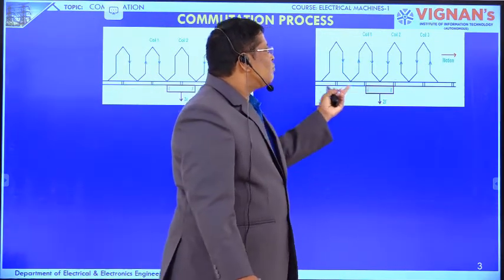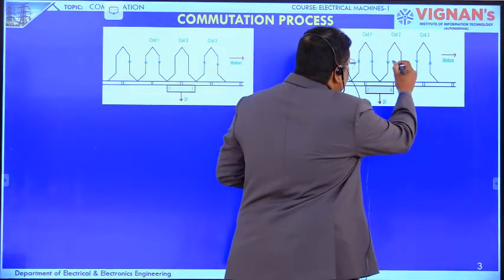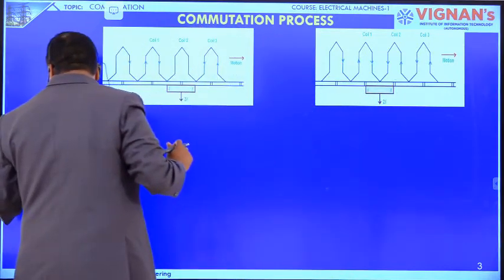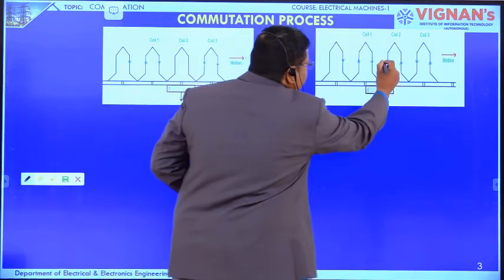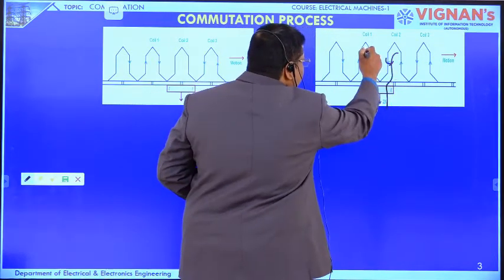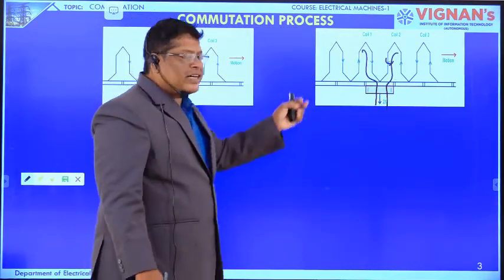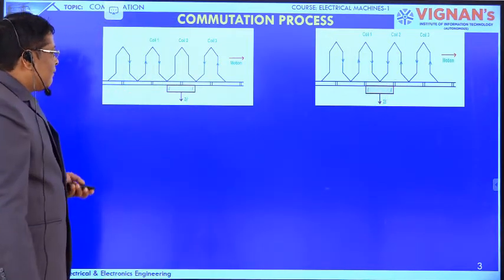In the second case, now the brush position is moving here. Whenever the brush is in this position, coil 1 is supplying a current here, I amperes of current flowing here. The remaining I amperes of current is flowing through the load through the brush in position 2. And in position 3,